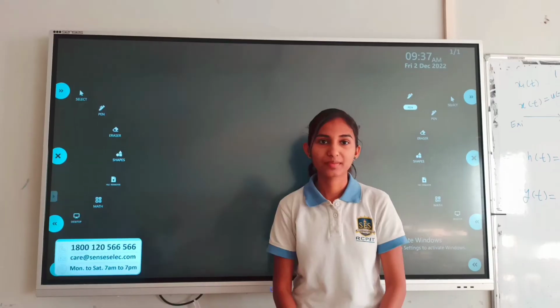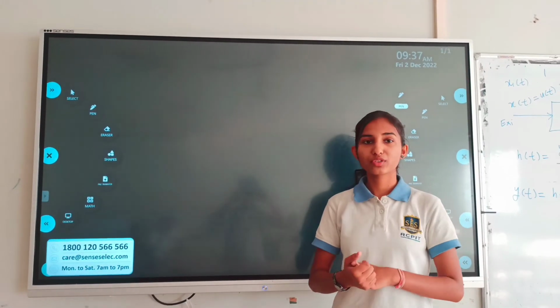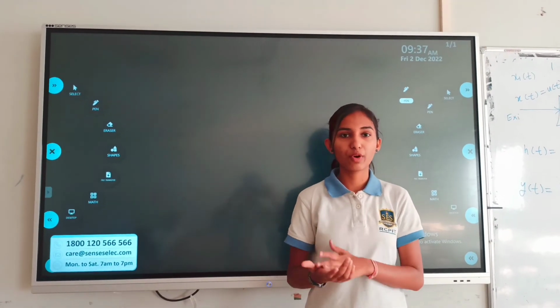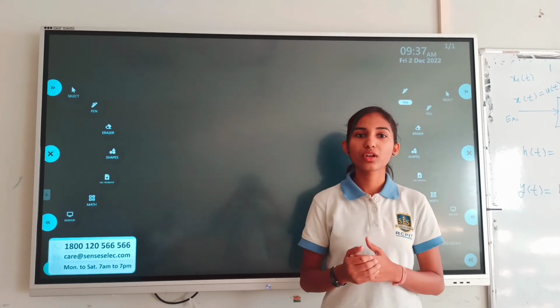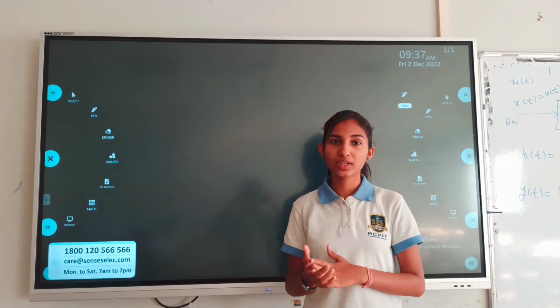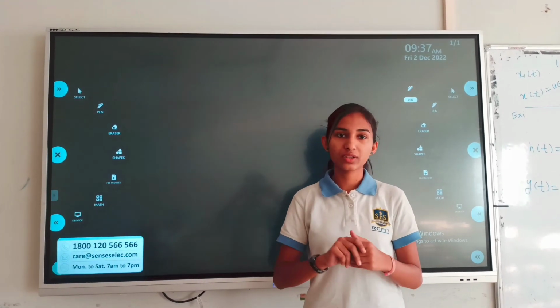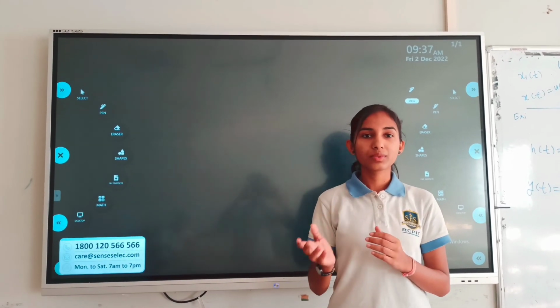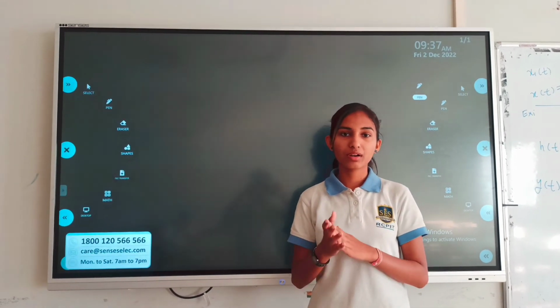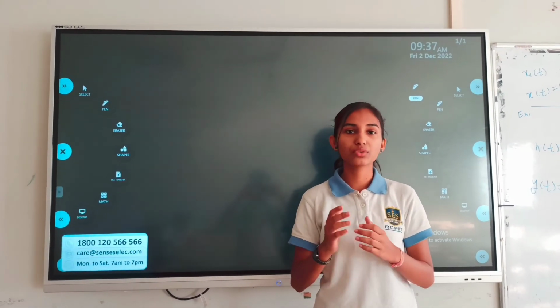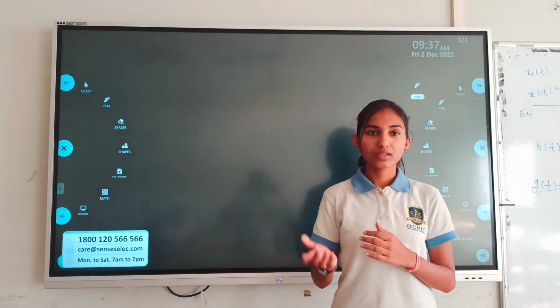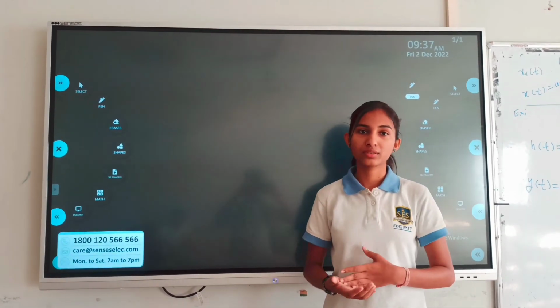So this is our example based on the half-range cosine series with the help of Parseval's identity. Fourier series allows the expansion of a function in sines, that is odd function, and cosines, that is even function. The choice between sine and cosine is typically motivated by the boundary conditions satisfied by f of x.